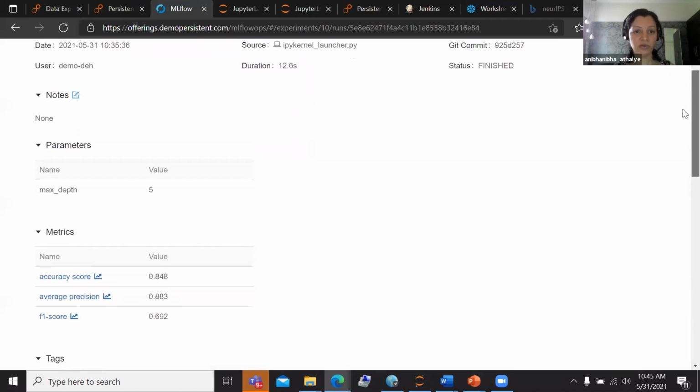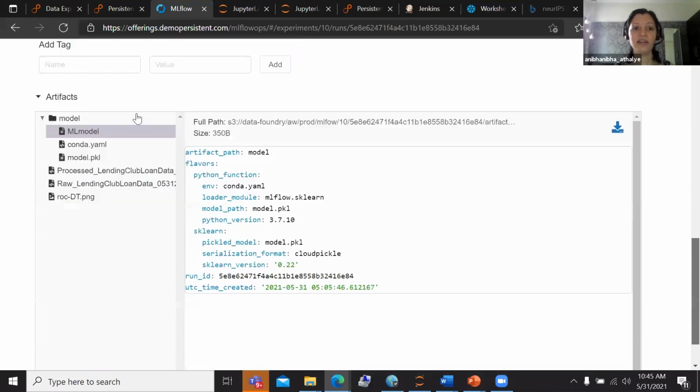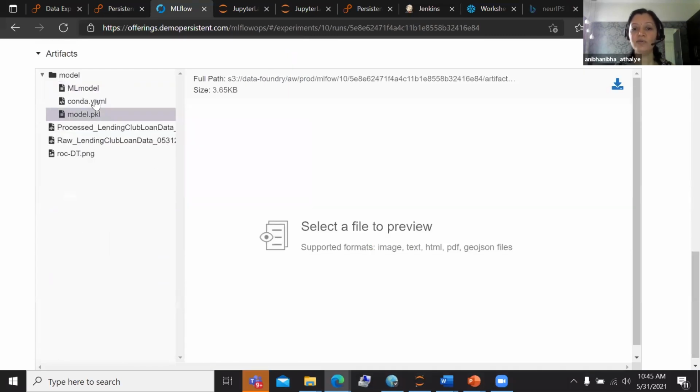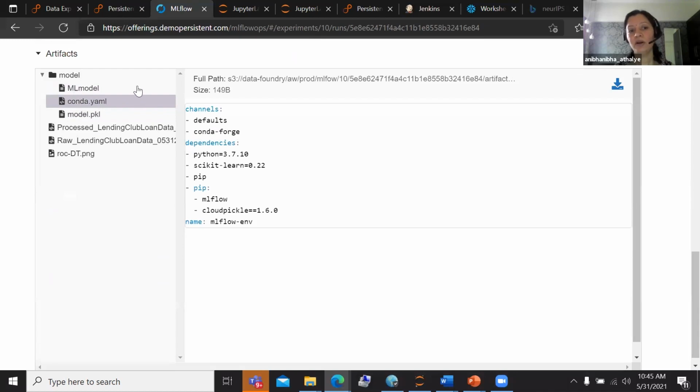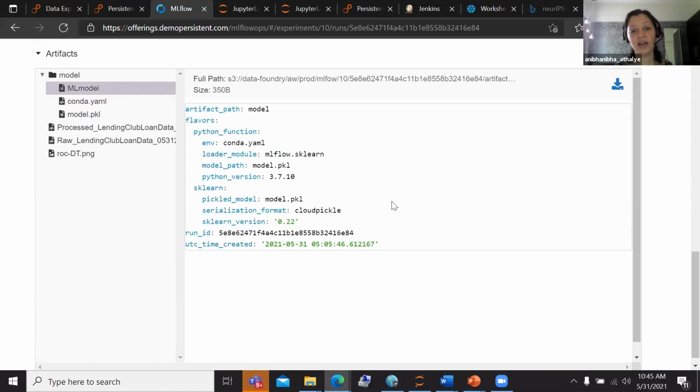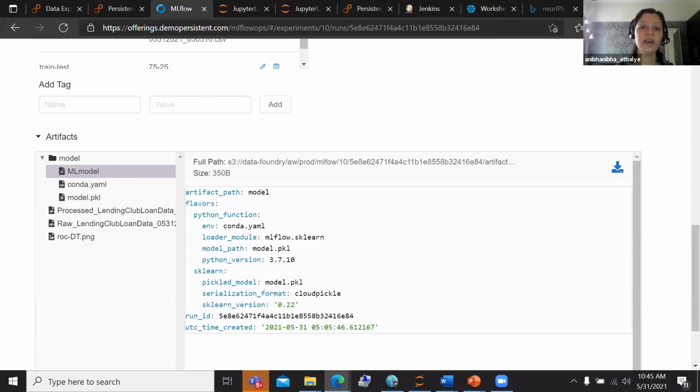Along with those, we are also able to capture that version of the model and that version of the configuration files, which should allow us to deploy it into any of the other environments, ensuring that you are able to reproduce.